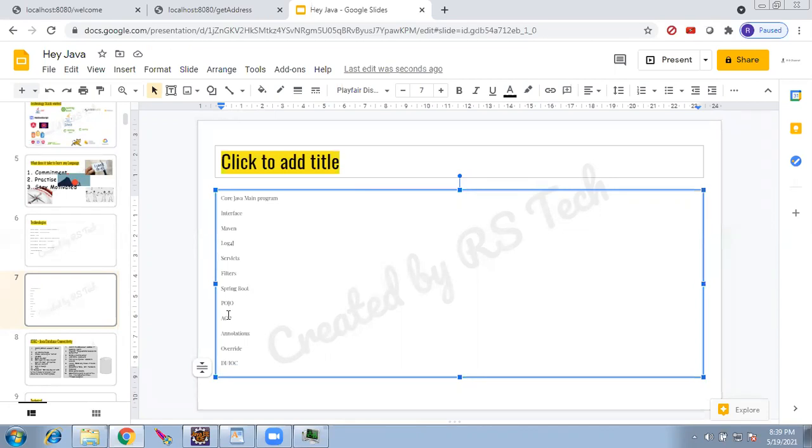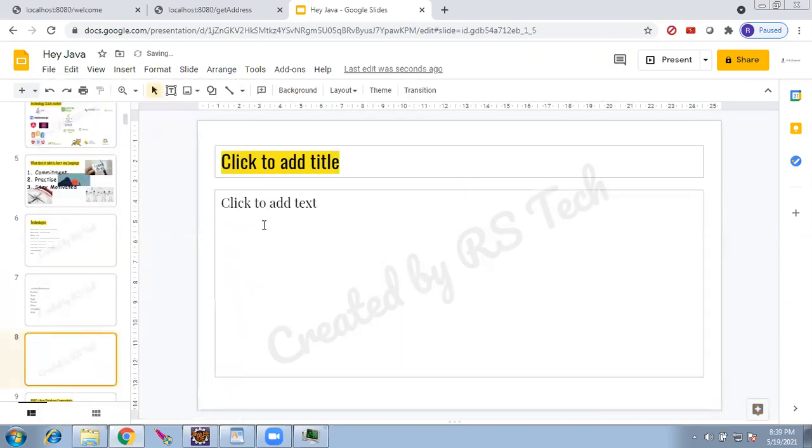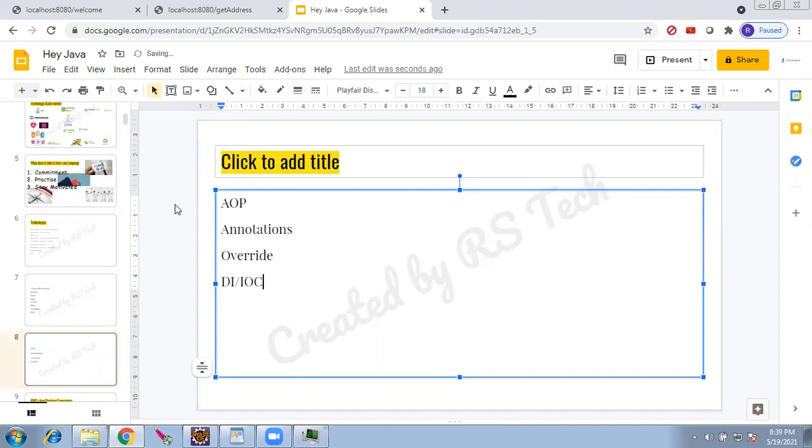How are we using it in the real-time web application which we developed? That's what I'm telling. Because we had studied about AOP, but now you should know why we studied AOP and where it is used, right? Without knowing where we have used it, you will not be able to link it. So I'm just recapping and telling you, we studied override.